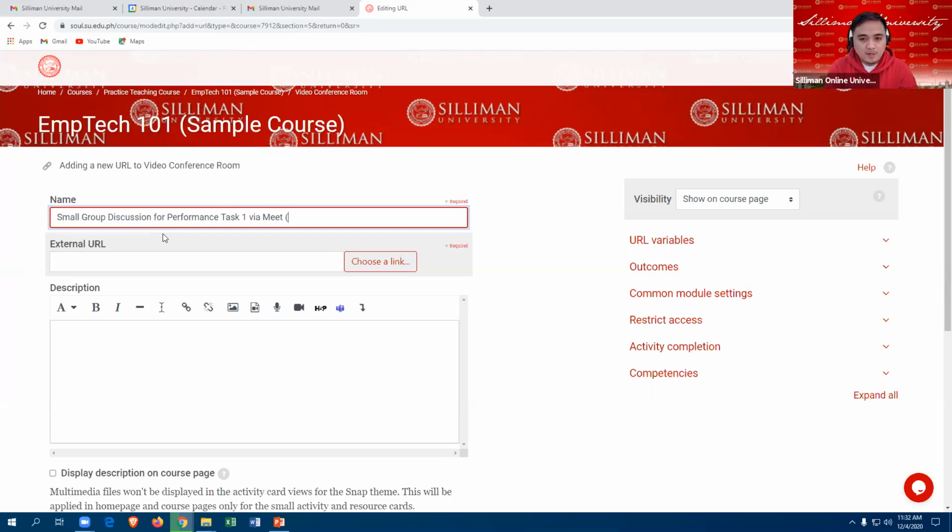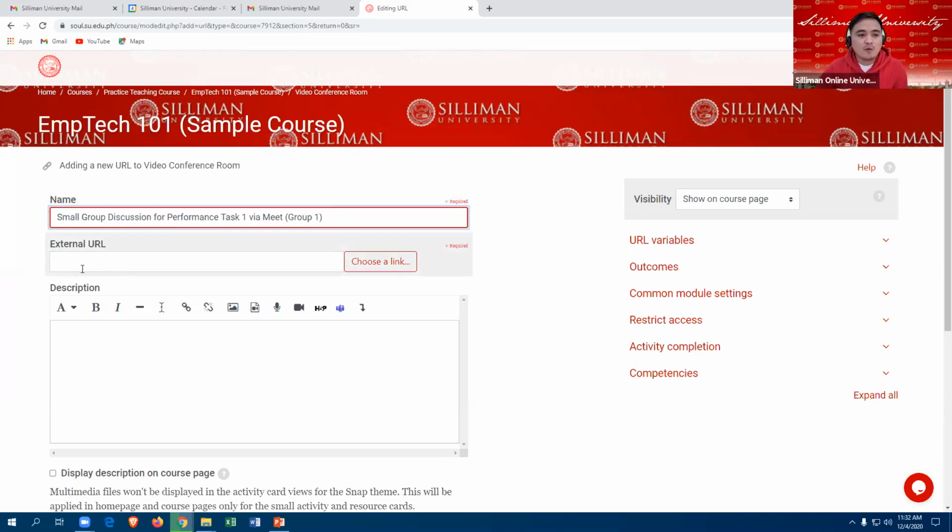And then we will indicate the group number. For example, this is group 1. And here, this is the name of your URL: small group discussion for performance task 1 via Meet. This is restricted access only for group 1.